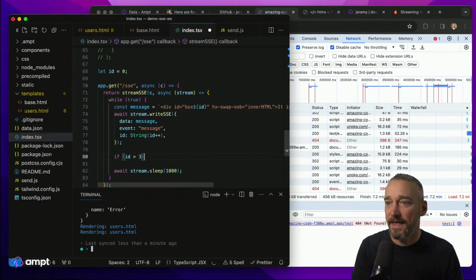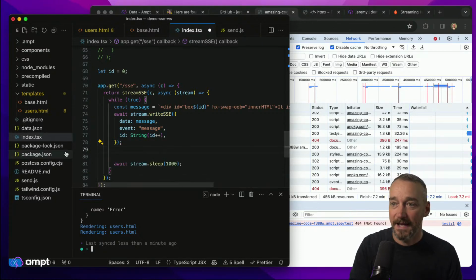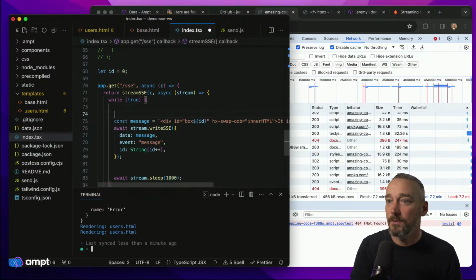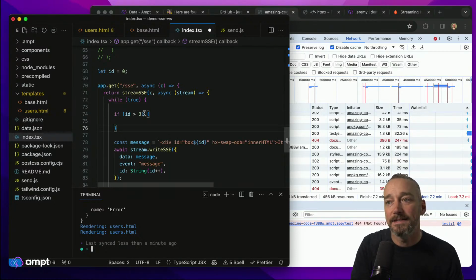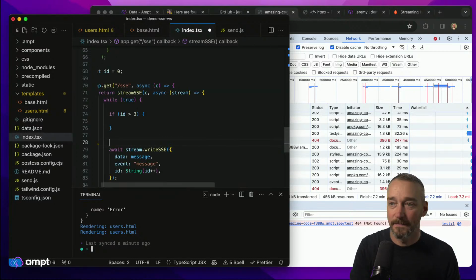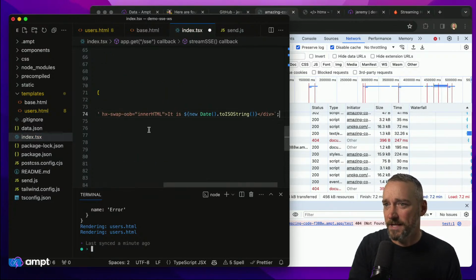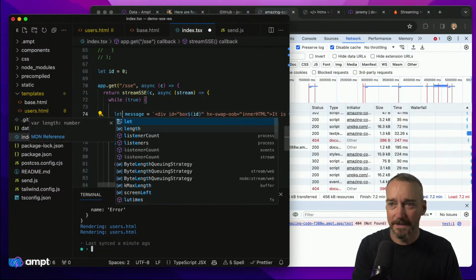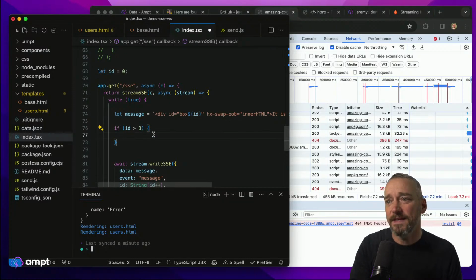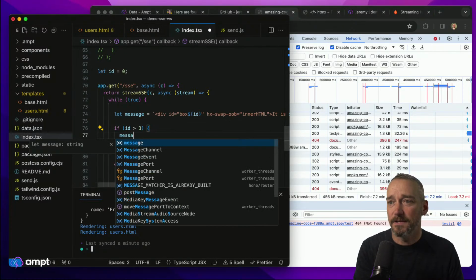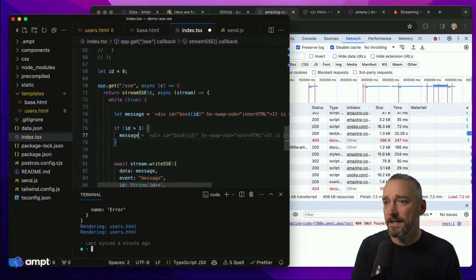Then what we want to do is send another message here. Actually, I could do this even easier. While this is true, we'll say if ID is 3. You could do this so much better than I'm doing right now, but I'm just trying to make it a little bit simpler. I'm going to do let message like this. And if the ID is greater than 3,